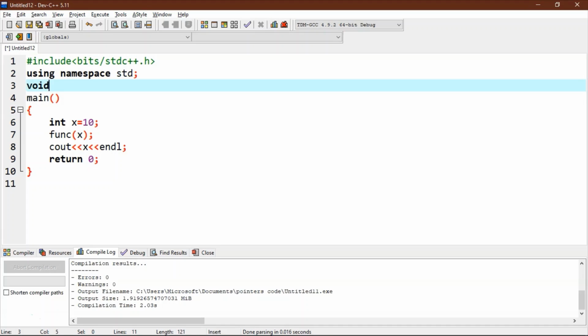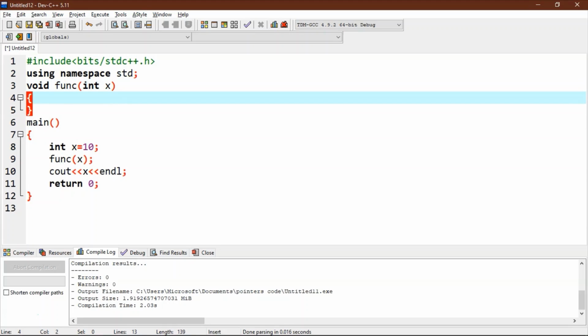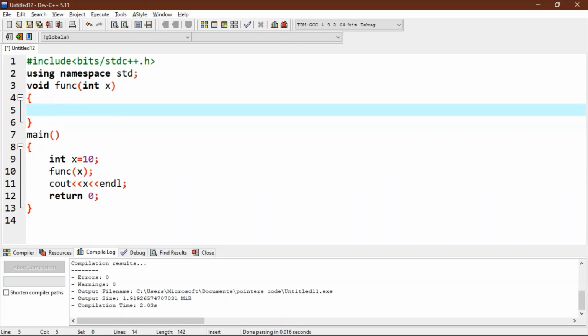We will take a void function with argument x. In this, first we will set x equals to 200.